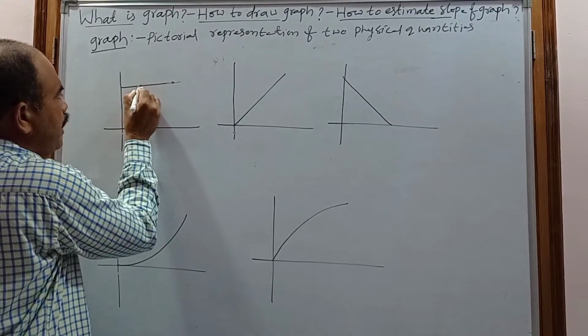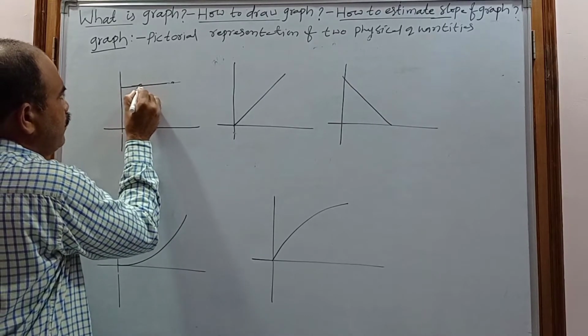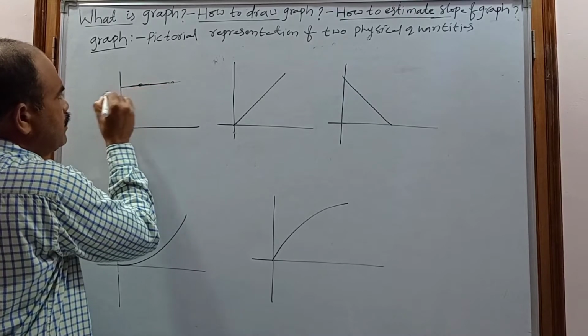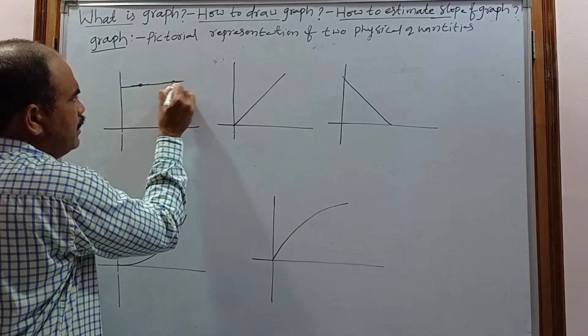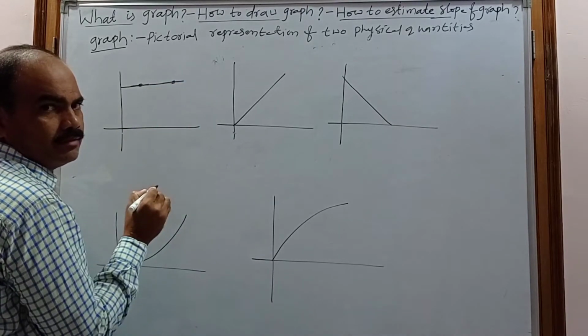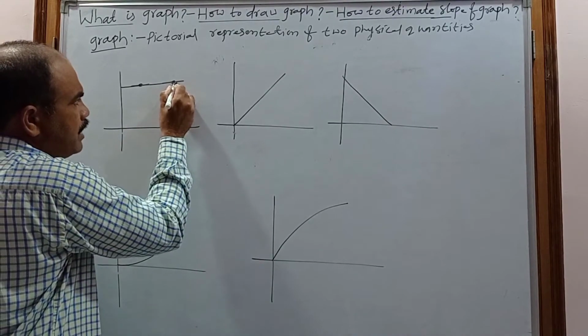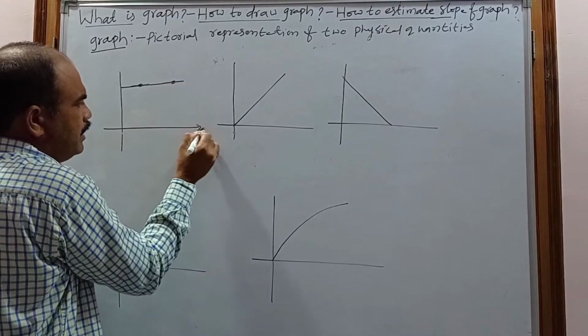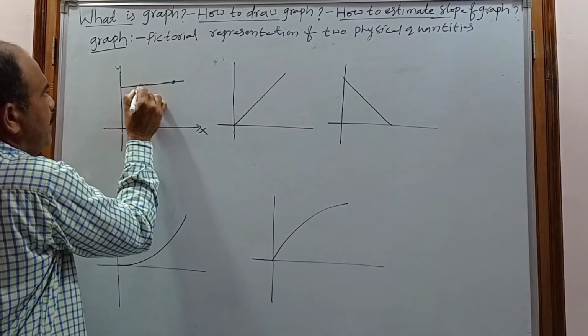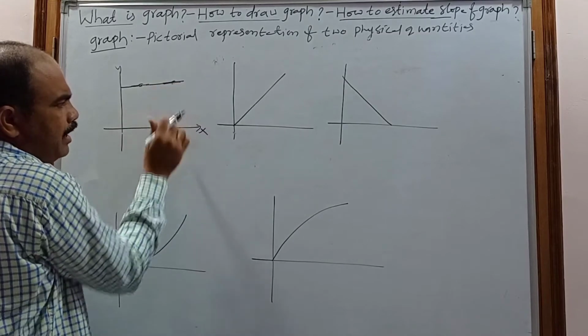So now I am drawing the tangent at this point. When I draw the tangent, it is also in the direction of the line. Now guess how much angle this will make with the x-axis. This is the x-axis and this is the y-axis, so the tangents as well as that line are parallel to this x-axis.